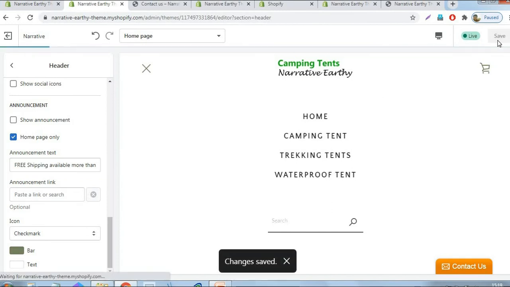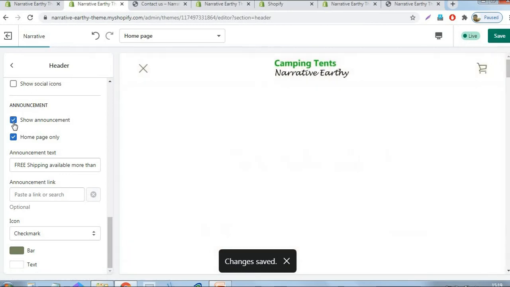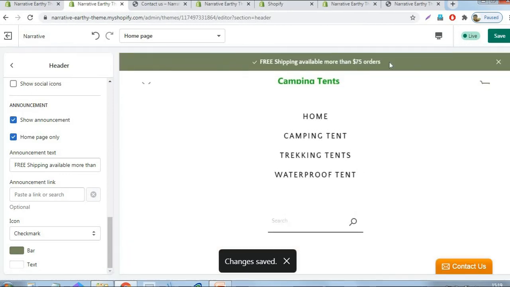And just click save button. If you take this, the announcement bar will be shown in the top bar.